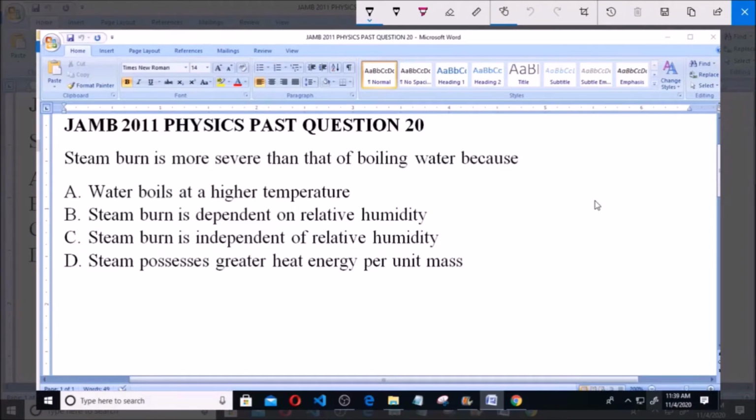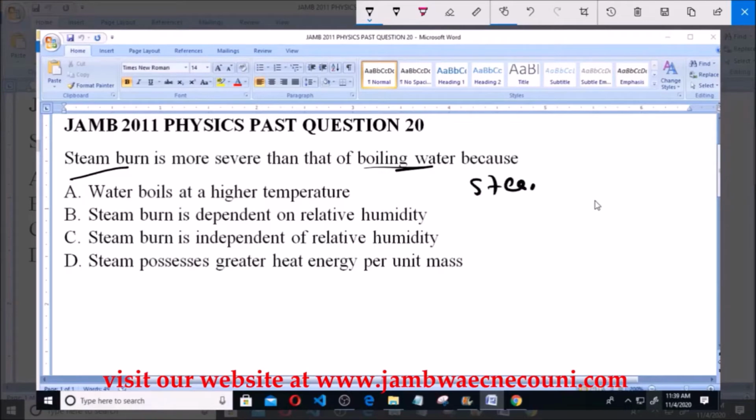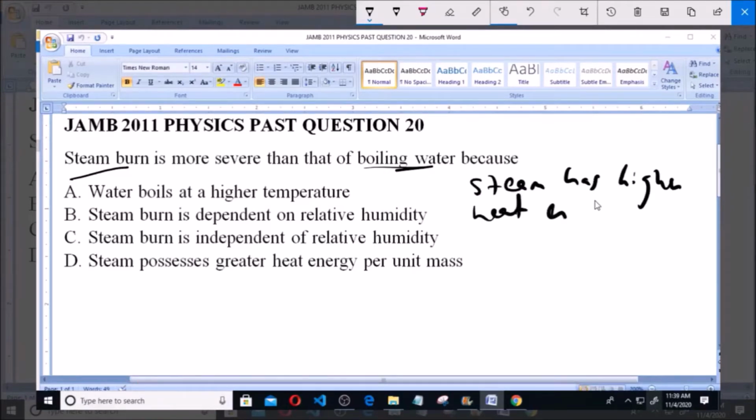Steam burn is more severe than that of boiling water because A. Water boils at a higher temperature. B. Steam burn is dependent on relative humidity. C. Steam burn is independent of relative humidity. D. Steam possesses greater heat energy per unit mass. So I'm asked for the reason why a steam burn is more severe than a boiling water burn. Now the answer to this is actually simple. It is actually because steam has higher heat energy per unit mass